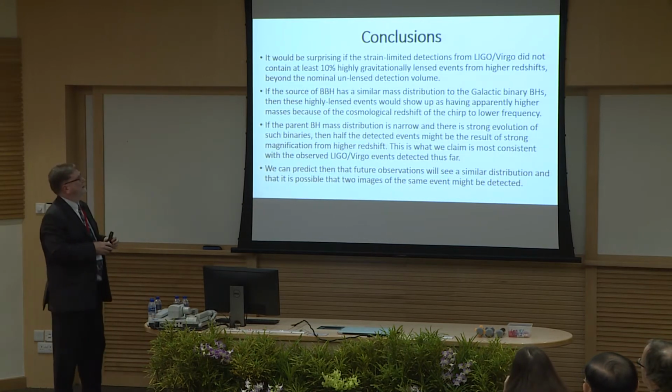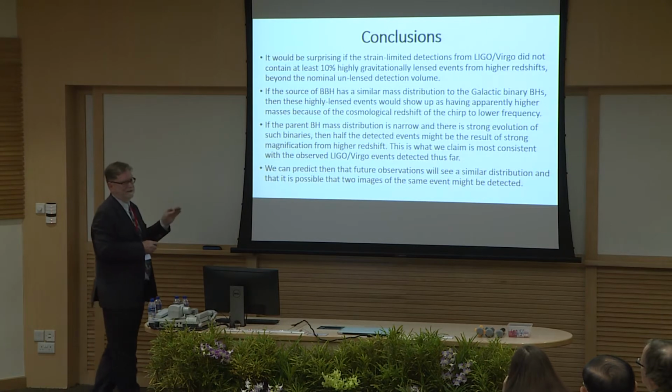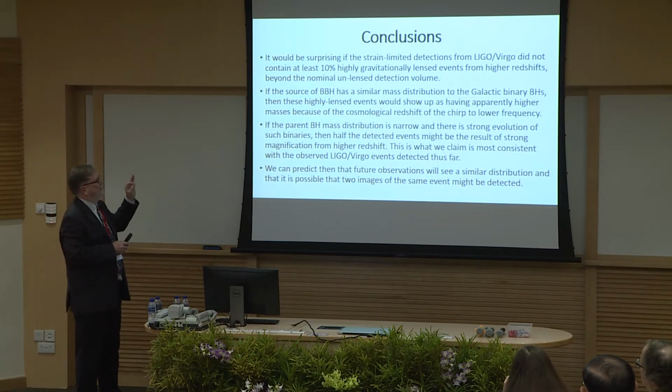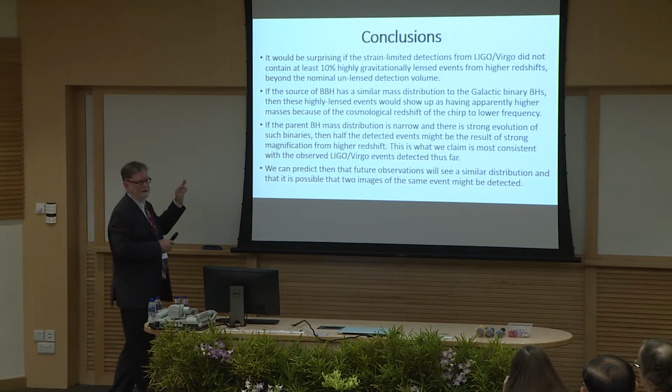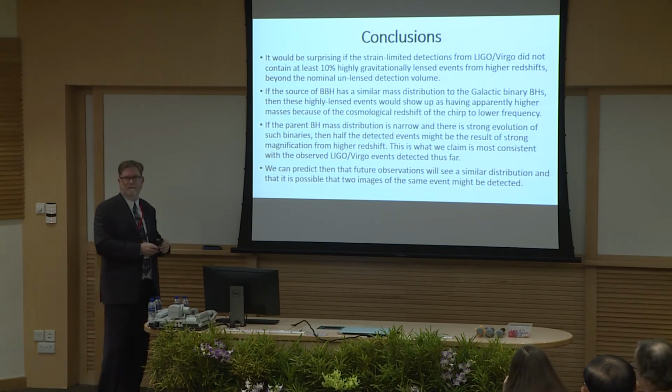Conclusions. When you go through the numbers, it would be extremely surprising if, given the strain-limited detections from LIGO Virgo, and given the configurations they have, they don't have at least 10% gravitationally lensed events. Our argument is, it's quite possible that could be boosted to 50% if everything fell right. But it would be very surprising. And even when LIGO upgrades, it should still get 10%